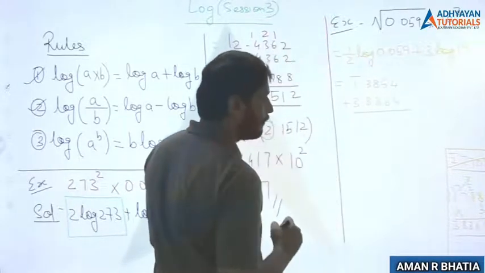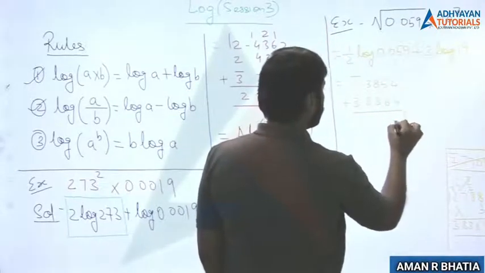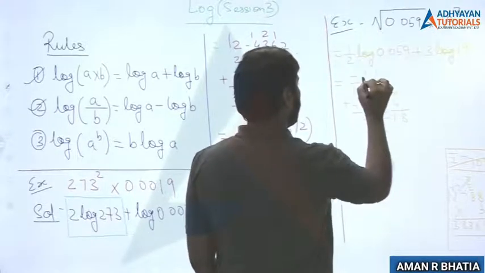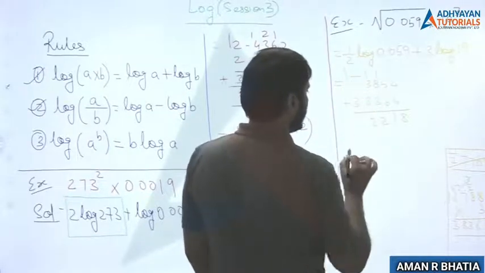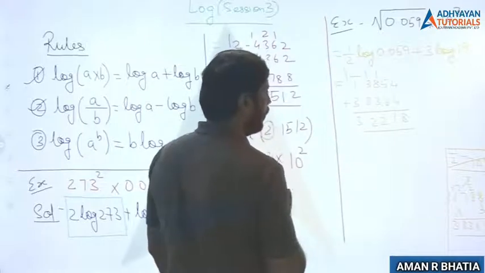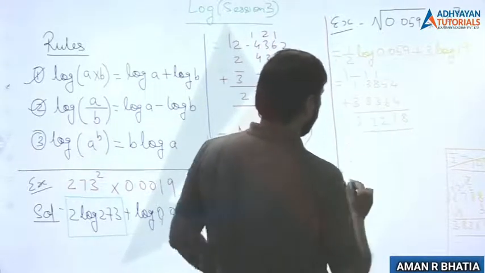Now I have to add them both. Okay, so now 4 and 4 is 8, 6 and 5 is 11, 8 9 10 11 12. This 1 and bar 1 gets cancelled, so here I have 3. Okay, so now I know that I need to find out the number of this log value, so I will write it as